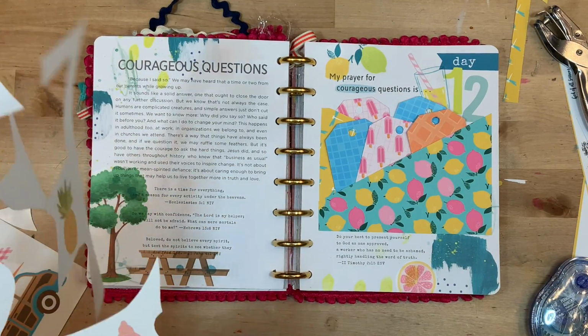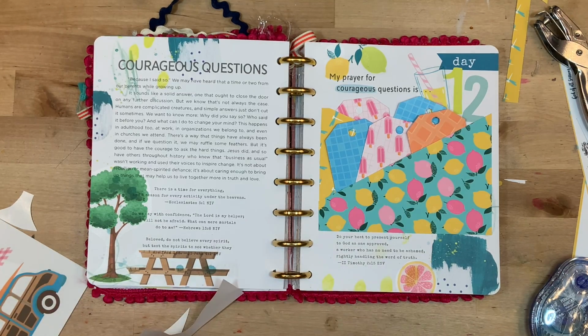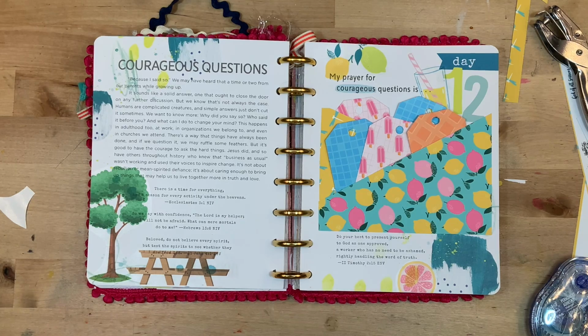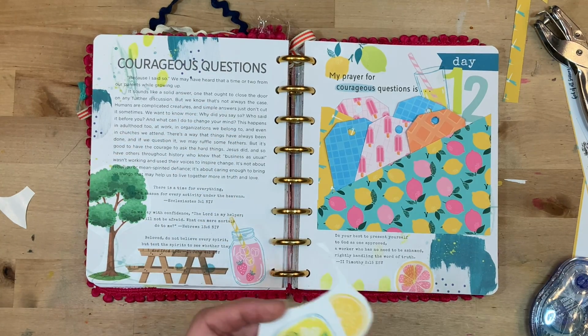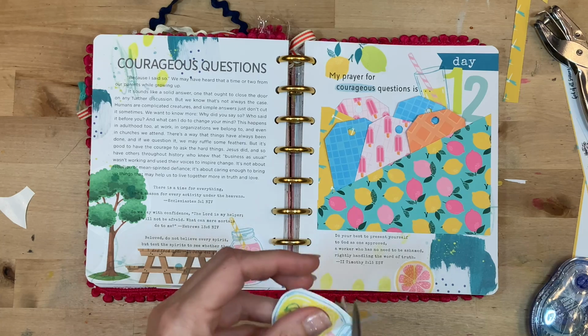And for that reason, I absolutely love it because I use clear sticker paper a ton in all kinds of journaling. And I like when I'm able to write over the top of it, just in case I have sentences that I need to write or words or anything like that. So I'm all finished adding just a few elements here,